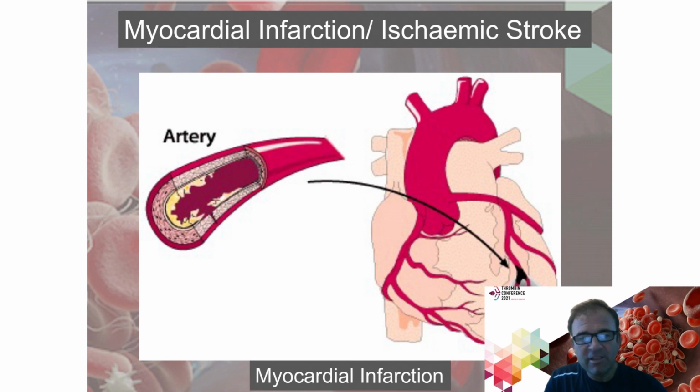Myocardial infarction is a thrombotic occlusion of your coronary artery. That coronary artery is blocked due to a rupture of an atherosclerotic plaque, which induces a very strong platelet activation. The platelet thrombus will occlude the coronary artery, and the muscular tissue of the heart will not be supplied with blood anymore. If it's not treated very quickly, then the cardiac muscle will die of ischemia. So in this case, it's very important that you have a very quick treatment of these patients.